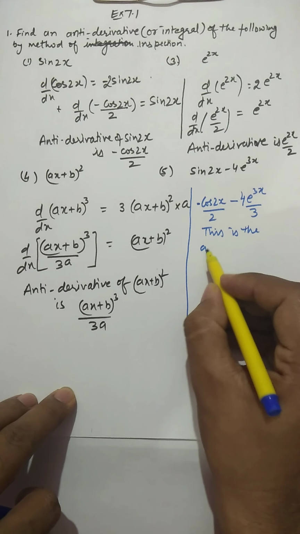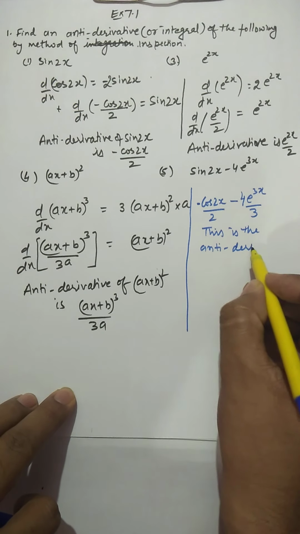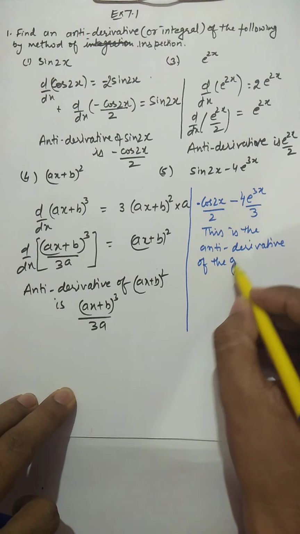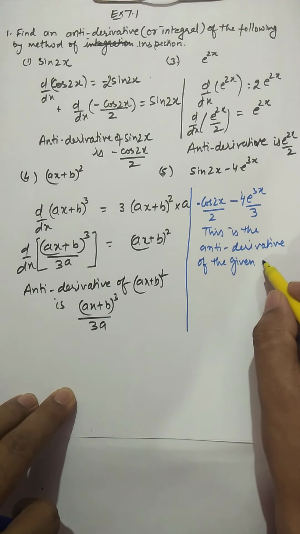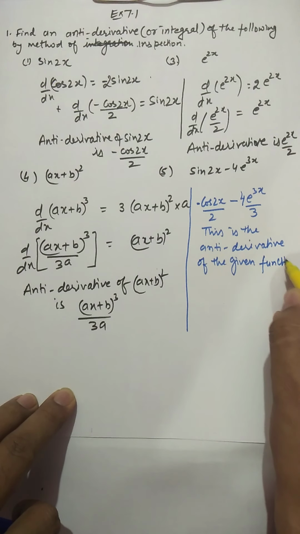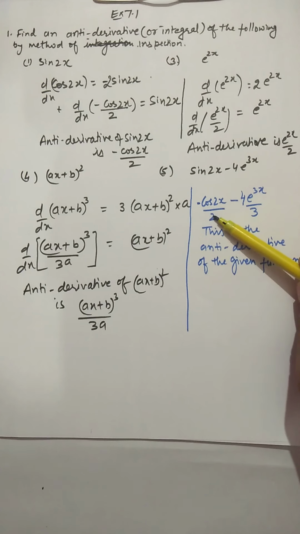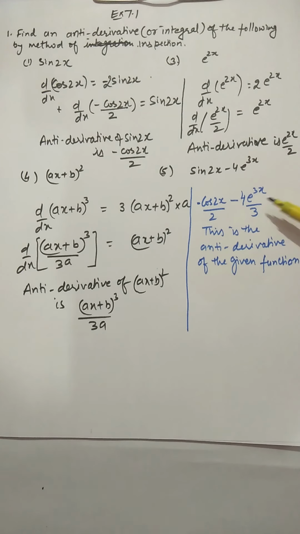See, the antiderivative of the given function, given derivative, you can say this is the given function. Okay, so you can verify your answer this way also. If you differentiate this, cos 2x by 2, so the derivative of cos 2x is minus sin 2x, and minus plus sin 2x by 2, so the 2 cancels, sin 2x you'll get, and the e^3x derivative is e^3x into 3, so 3 will get cancelled, so 4e^3x. So directly you can think of this.